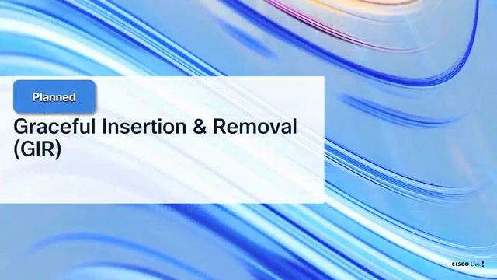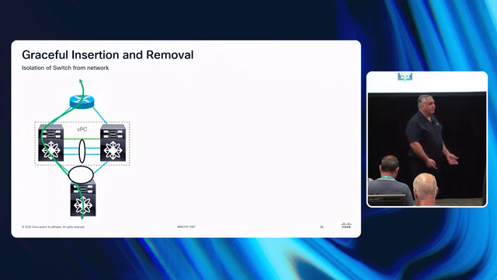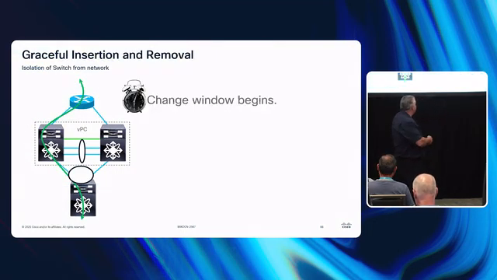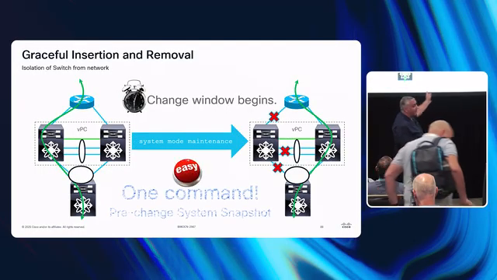One more thing left to do is GIR, right? Remember I talked about that we don't support ISSU on the modular chassis. So if you have a modular chassis, what do you do? There's a concept that we have called GIR, which is graceful insertion and removal. This allows us to take a change window where I can actually force the traffic to go away from my